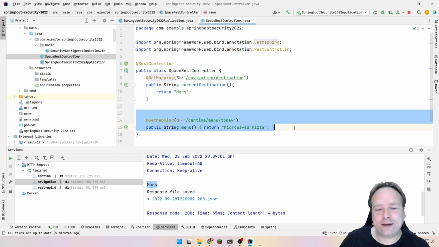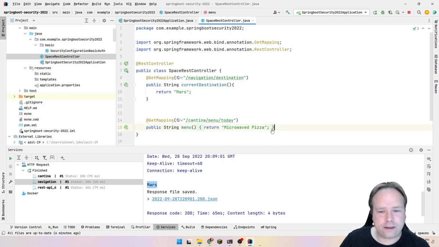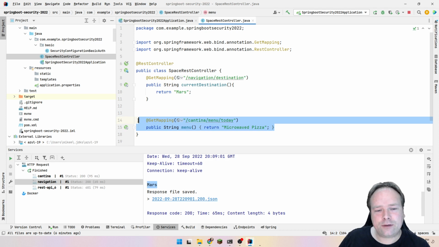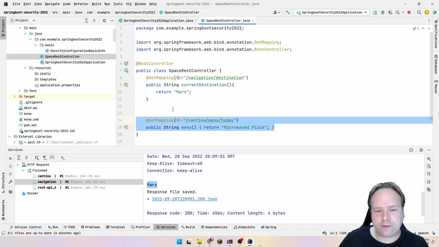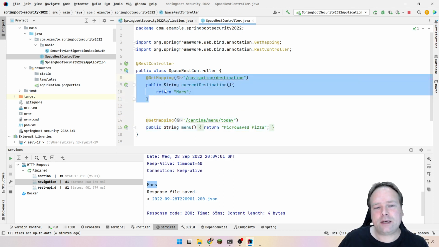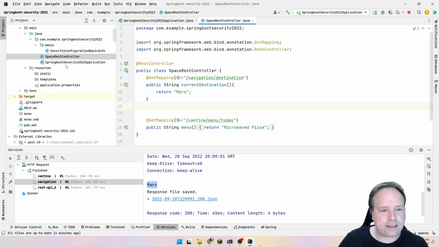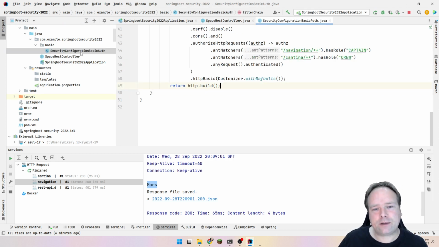And then we have the cantina, where they can actually tell the crew members what is the menu for today, and it is always right now microwave pizza. This should just require the crew member role. So this should be accessible for crews. This should not be accessible for crew members. That is the situation. And to solve this, I have set up a basic authentication